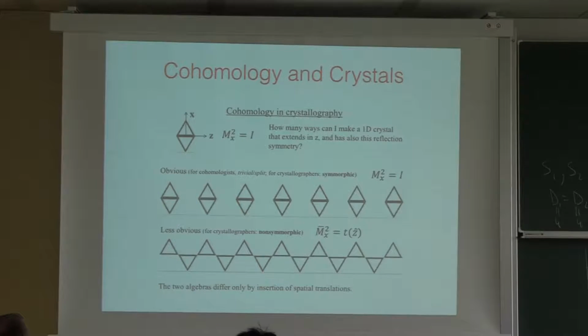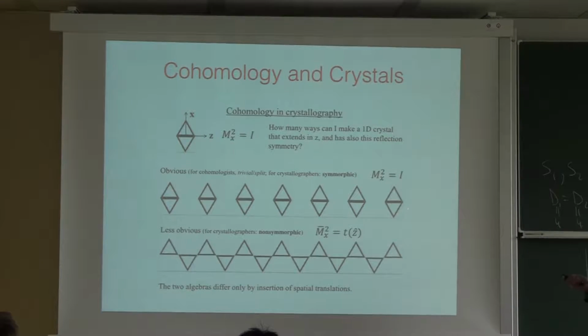Okay, so to understand all these connectivities, I need to introduce this concept of nonsymmorphicity, and many people know it, but I just thought for completeness I would introduce it. The concept of nonsymmorphicity lets you draw lattices in however many dimensions you want. So I want to take the following object and draw something that's periodic in space with this object. Now there's one immediate way of doing it, which is just repeat it, right?